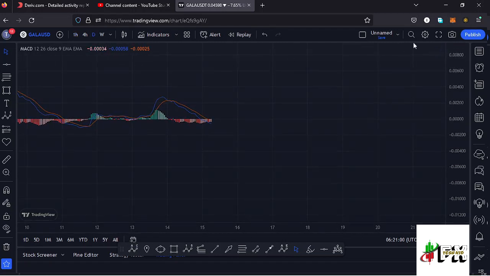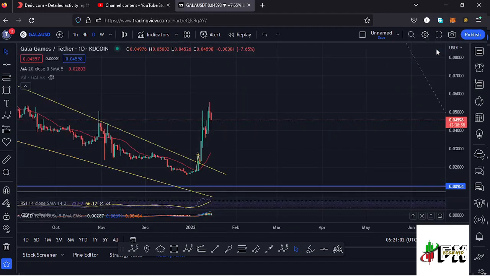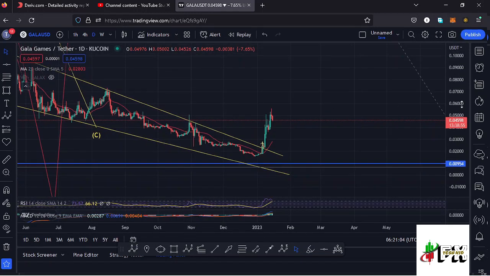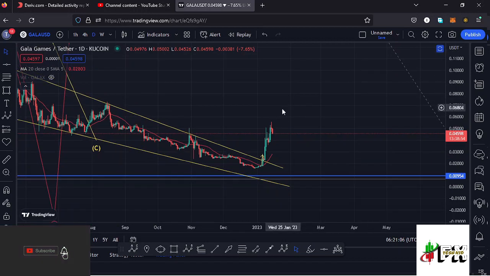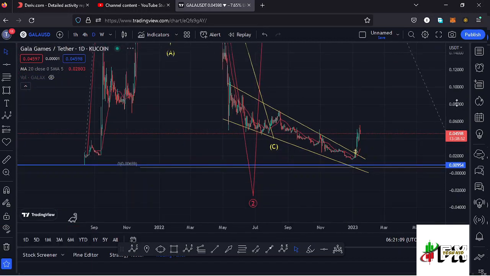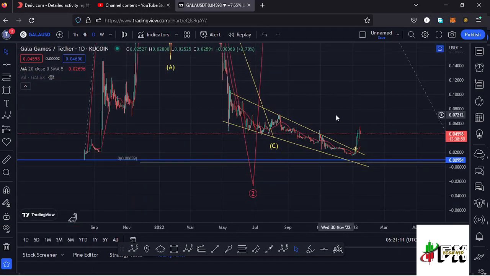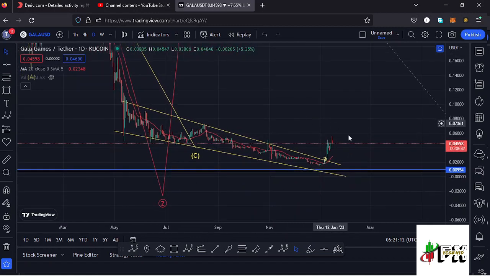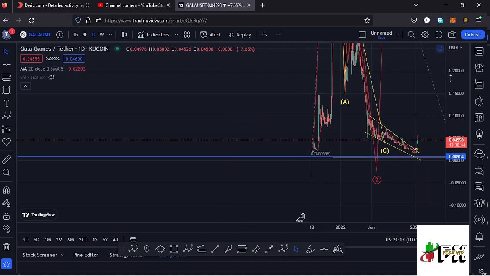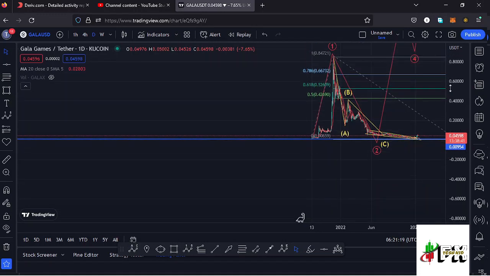And jumping to the daily chart to give you the long-term scenarios that I'm expecting to play out, we can first take a look at this chart pattern that I have here on the daily chart, a falling wedge that was supposed to give us a breakout to the upper side, and that happened and we continued pushing even higher. And if I zoom out, you can see that I also have this Elliott wave structure right here in red,